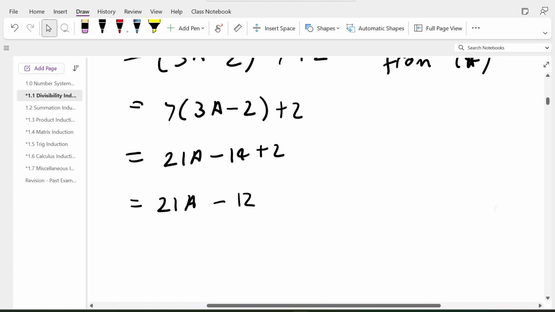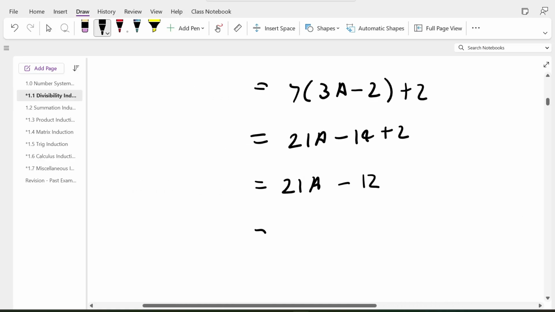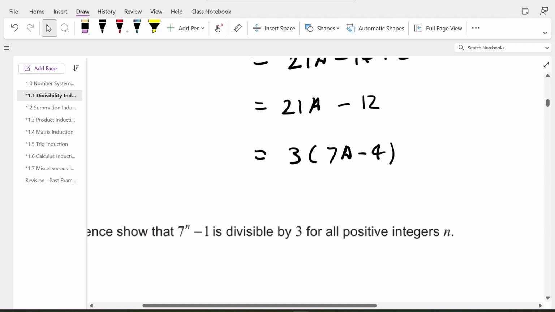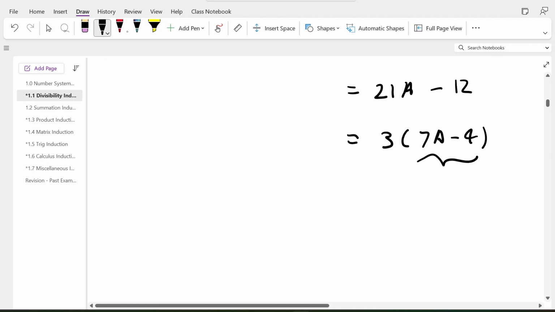Well, it means that it's 3 times some whole number. So if we can pull out 3 as a common factor here, we're done, and indeed we can. So I'm left with 7a take 4. Now, it's pretty important to explain here that this thing here,